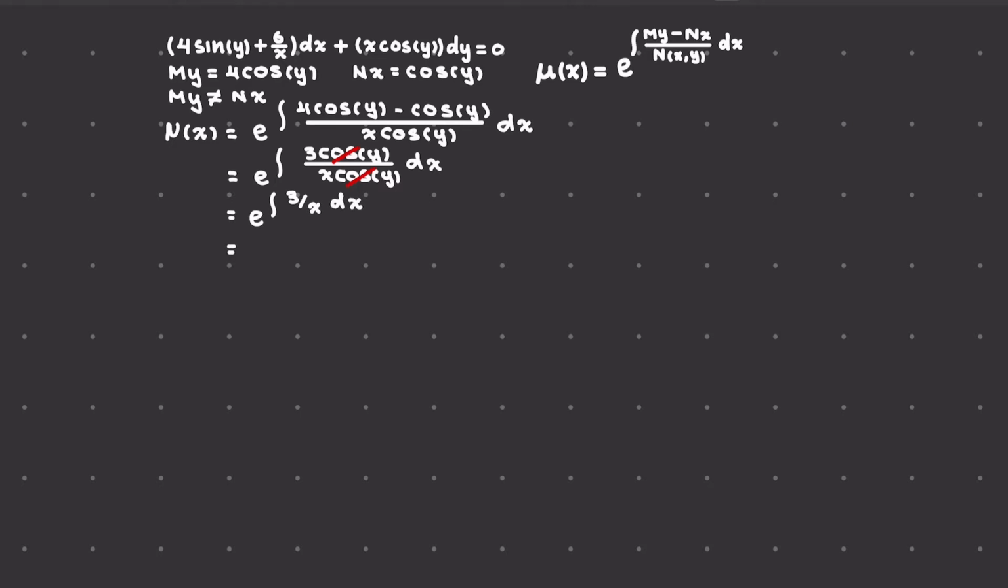And the integration of 3 over x gives us 3 ln x, which we can write as e to the power of ln x cubed. We can cross out the e and ln, and this just gives us x cubed as our integrating factor for this almost exact differential equation. After we found the integrating factor, let's multiply it with our original differential equation, and that will become